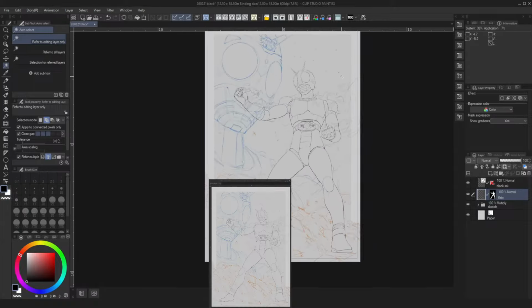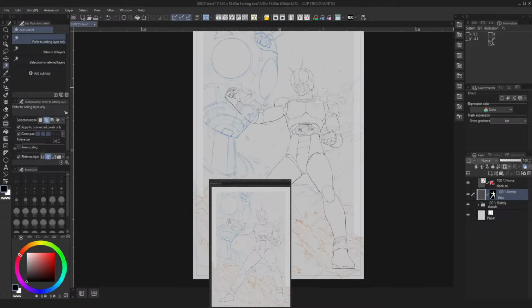So for Kamen Rider Black, what color do I want? Like he's black, like his name suggests. That's the color of his suit. But I'm thinking about maybe messing around with pastel style color palettes. Maybe something that's a little bit more muted in its values. I don't know. But I've noticed a lot, at least through all these reference photos,